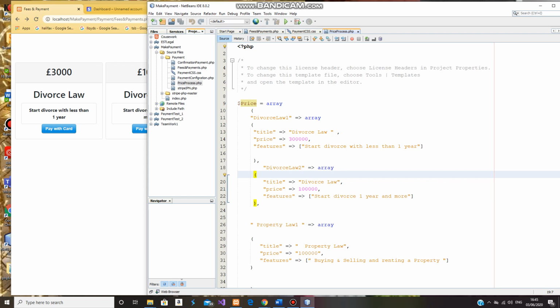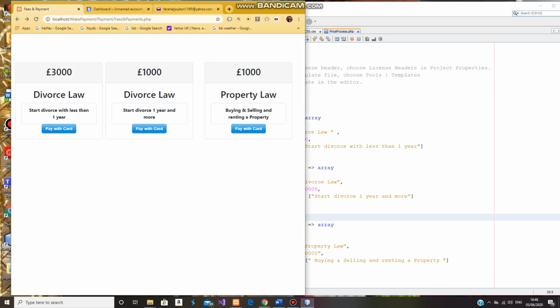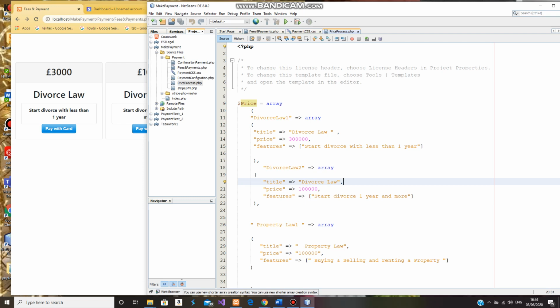For example, this is my product one, divorce law, but I name it one because I have to make it an array. The reason I need to make it an array is that the server will understand what each product is and what each payment is, and be able to tell each array apart. So divorce one means this, divorce law 2 means that, and property law 1 means that. So I named it and put labels 1, 2 and 1, 2 for the array. As well, I put the title here for divorce law, and I made some prices,